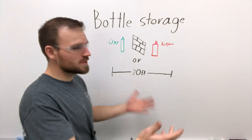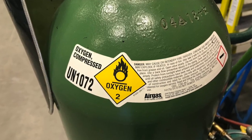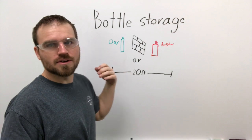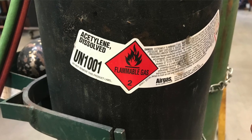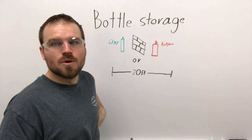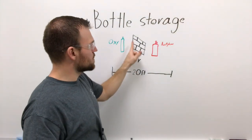Now we have two different types of bottles. We're going to have oxygen or an inert gas such as any welding gas, the 70-25s, 90-10s, those kinds of mixtures, argon, things like that, which are not combustible. And then we're going to have our acetylene type gases, where acetylene or propane are pretty much what's going to be on that side. Now, we can't store these types of bottles together, but we can put a 30-minute burn